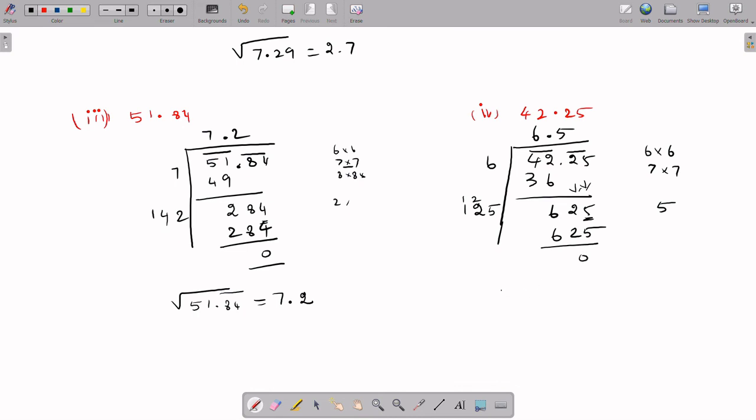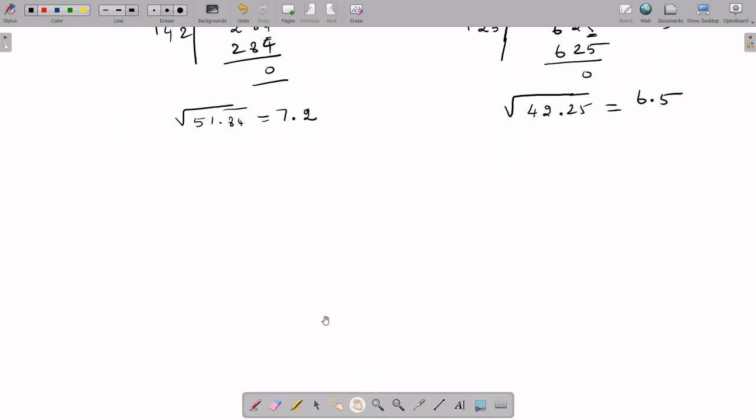So square root of 42.25 is equal to what number? 6.5. Okay. And the next subdivision, we will do the fifth subdivision. Fifth subdivision, I think this is the last subdivision, isn't it? So in this problem,